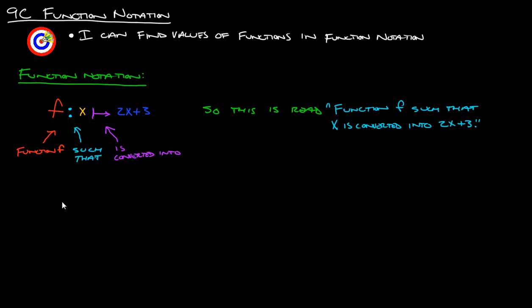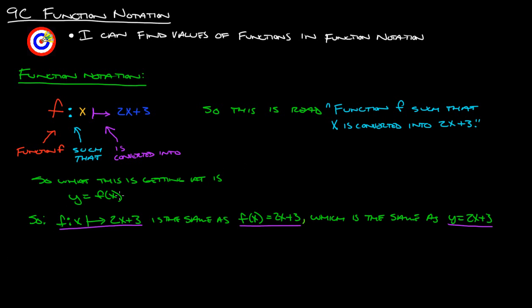Now with that, what this is really getting at is that we're just saying that y is f of x. So basically we've got this notation here, function f such that x is converted into 2x plus 3, is the same thing as saying f of x equals 2x plus 3, which is really the same thing as saying y equals 2x plus 3. Okay, so for example,